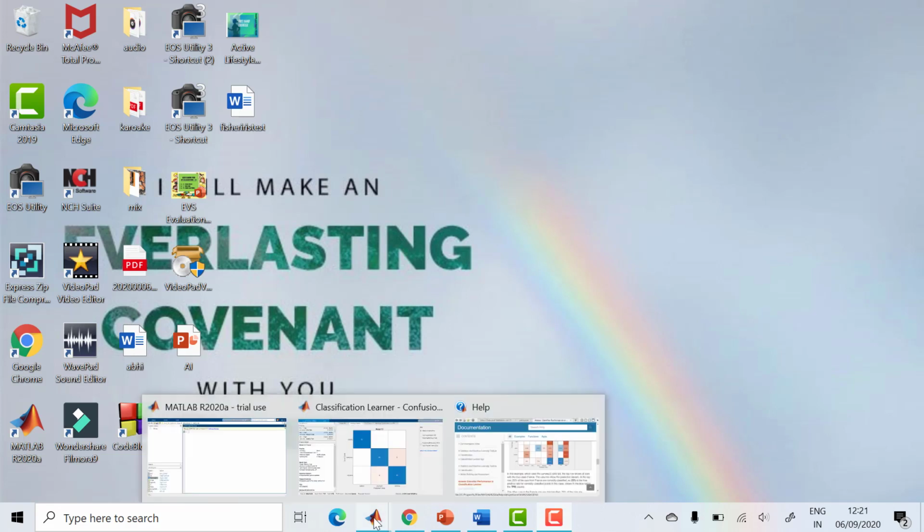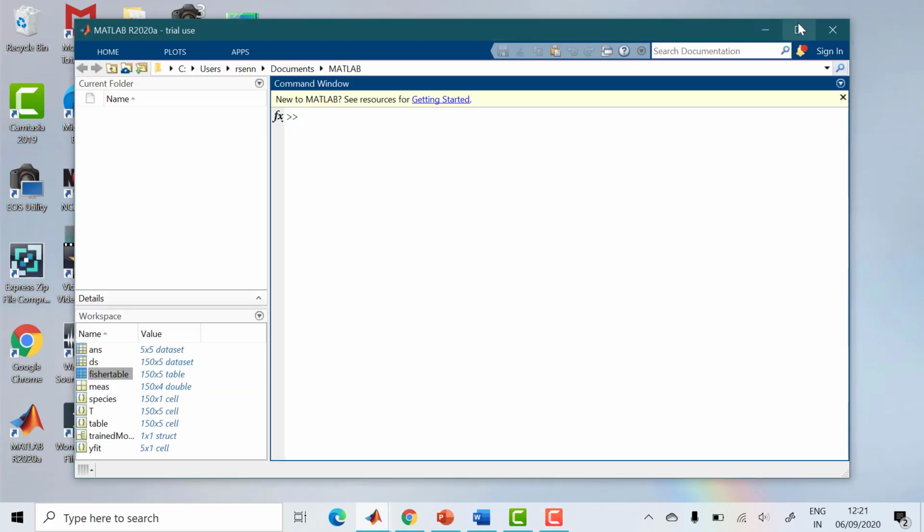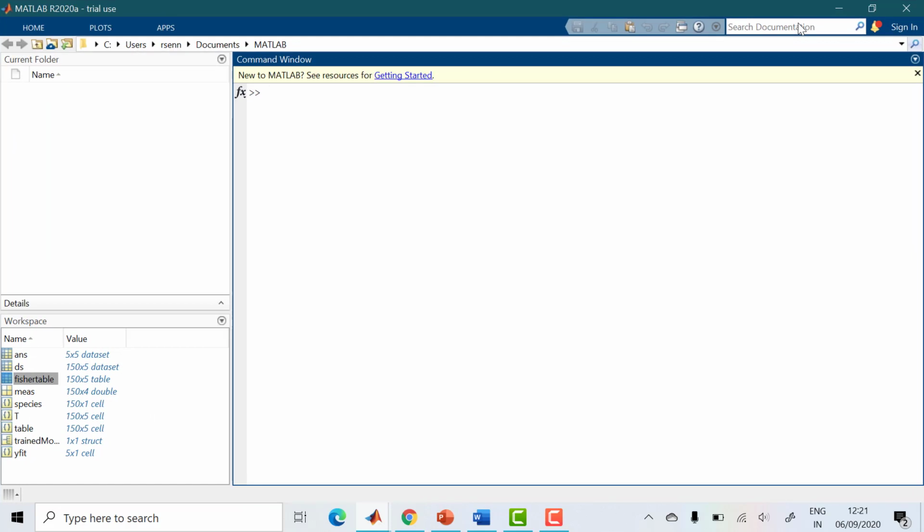Let's open MATLAB. I'm going to use the MATLAB toolbox. So when you open MATLAB, you get a screen like this. What I want to say is, for all machine learning, we need the data, right? For data, you can get it from Google or from MATLAB itself. If you just type in Google MATLAB data set, you'll get a lot of data sets.